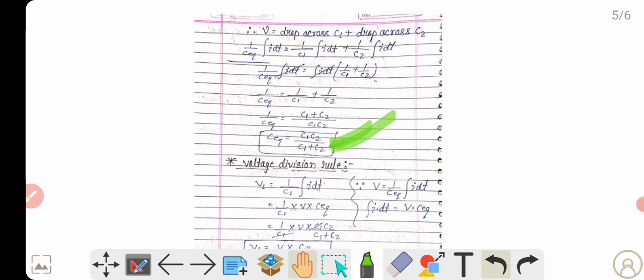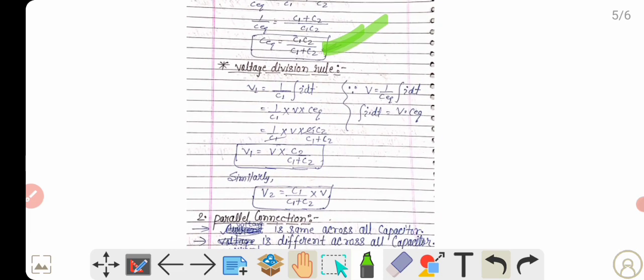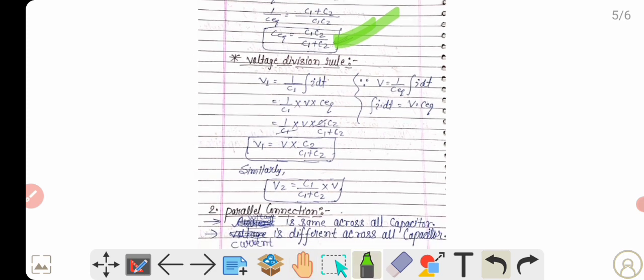Now my dear friends, we will calculate the voltage according to the voltage division rule. We will calculate the amount of voltage across each capacitor. As we know, V1 is equal to 1 by C1 into integration of I dt, and from the equivalent capacitance and equivalent voltage, the value of integration of I dt comes out to be V into C equivalent. Now if we put in the value V into C equivalent, then after calculation,